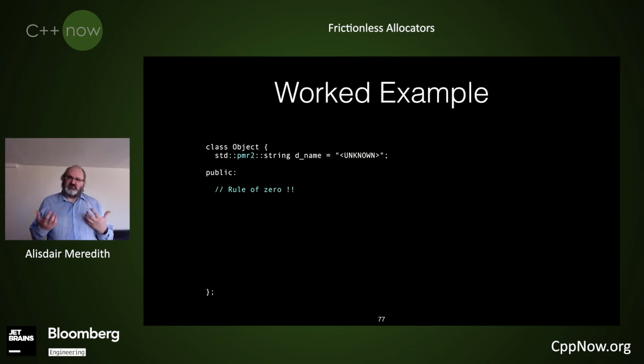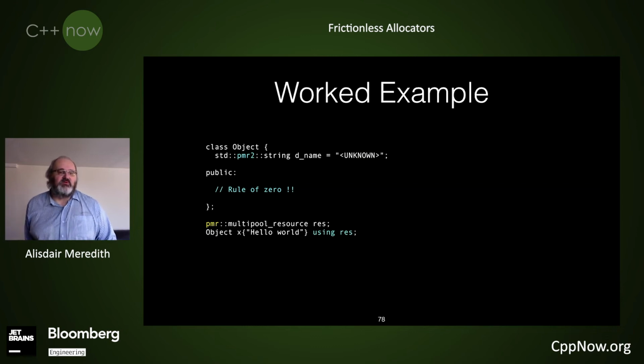So, okay, it's an artificial example, but the notion of the allocator syntax that was in our way is gone. I've just now got this one type, PMR2 string, that happens to be allocator aware, which means the object is allocator aware, and all those constructors that we have would just now do the right thing. So this is my ideal vision realized. And a simple example, PMR multiple resource, again, not providing any arguments, but yeah, I'm using, as you can see, a regular PMR resource. We don't need to reinvent all the resources that we've already built for C++17 and beyond.